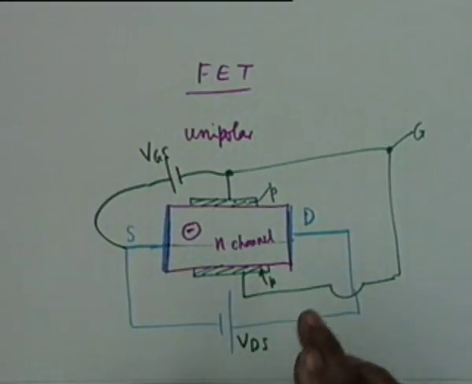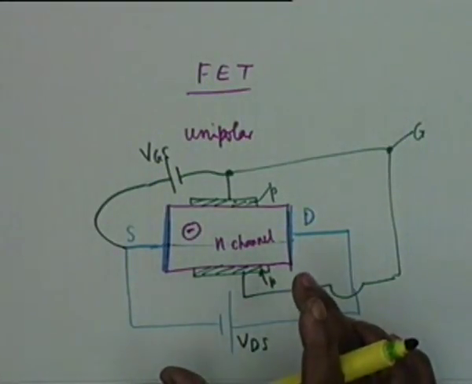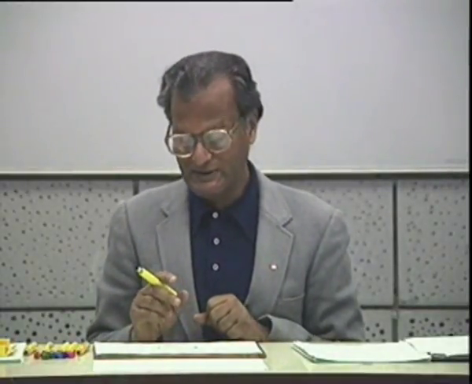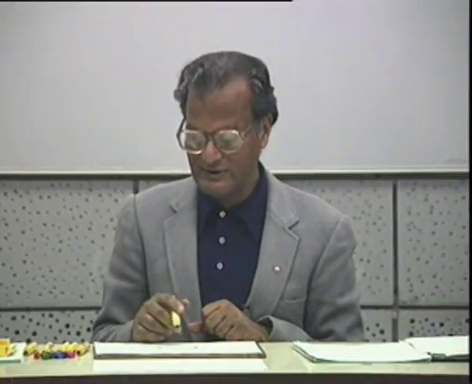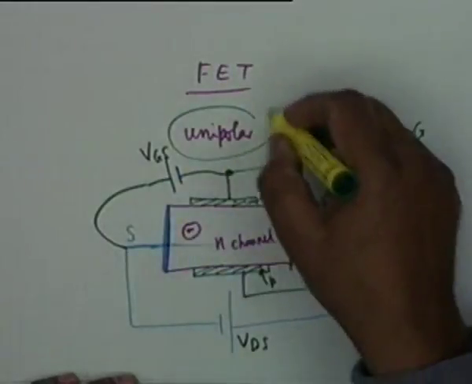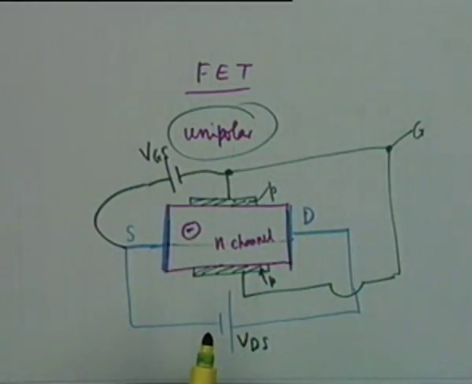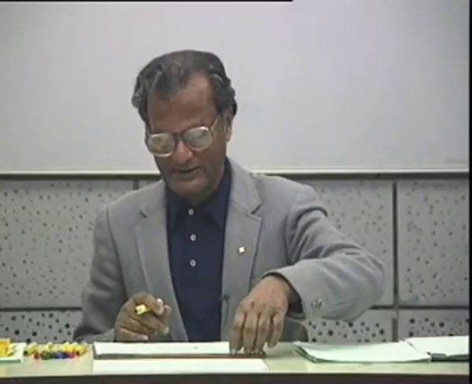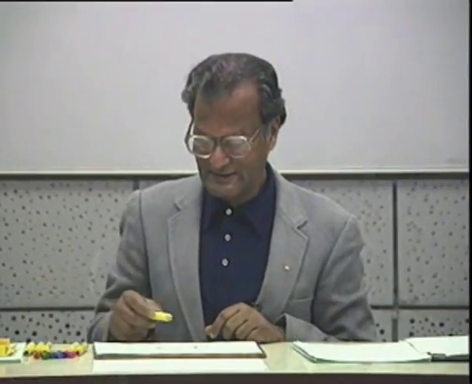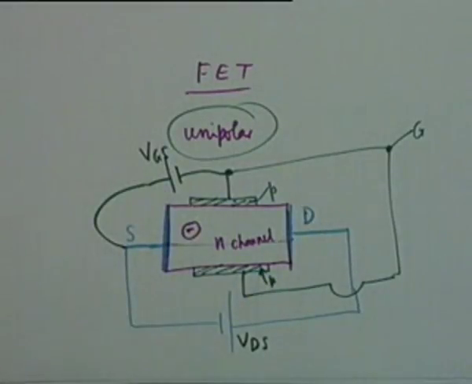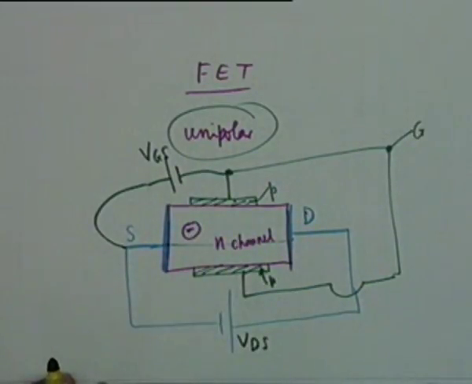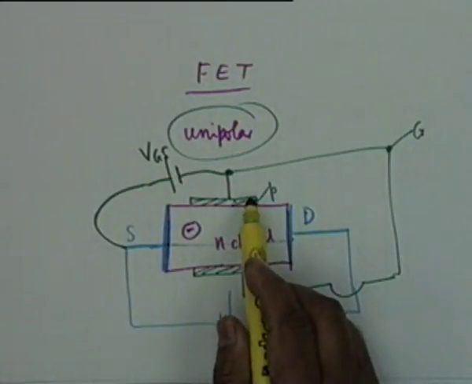The phenomenon is exactly the same, exactly of the same qualitative nature as that occurs in a BJT. That is, a gate controls the flow of current in a channel. The current is carried by a single type of carrier. That is why it is called a unipolar device, in contrast to bipolar BJT. Before we go to the family tree, let's also realize that instead of a PN junction, I could have a metal deposit here. Okay, instead of a p-type material, I could have a metal.